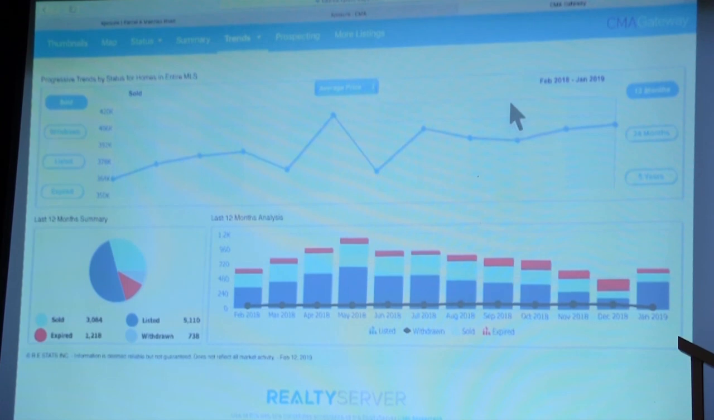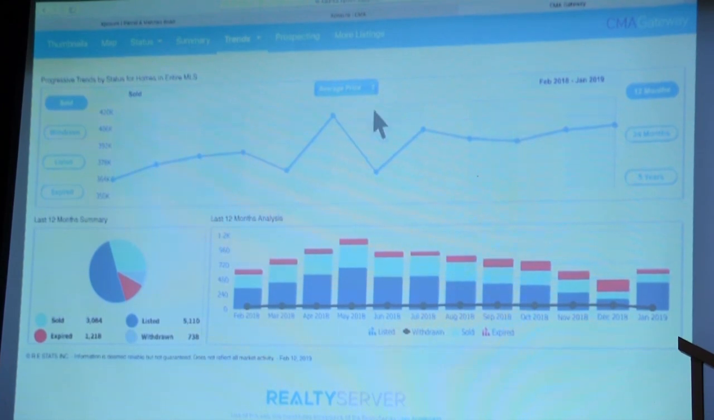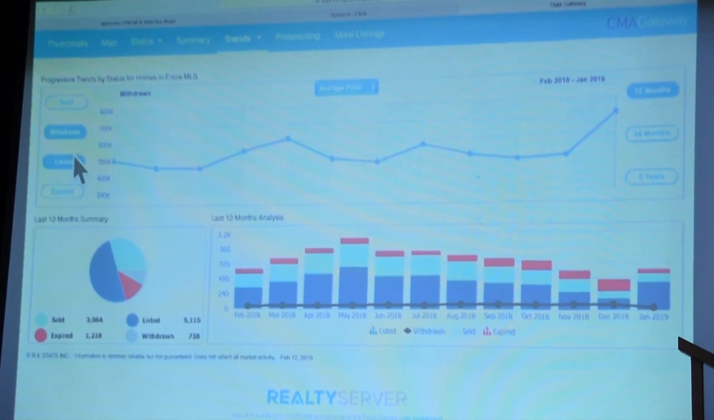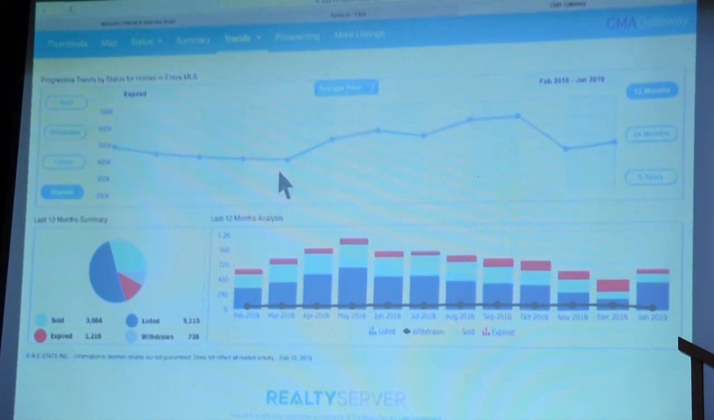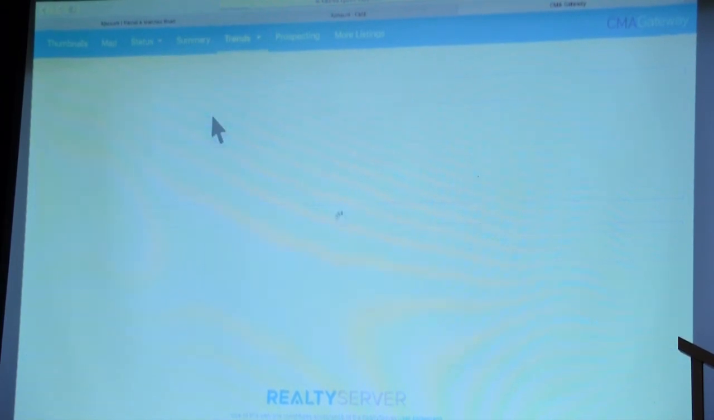Well, you can explain this to the seller by looking at the actual facts from your own MLS system. So the better you learn how to use this system, the stronger your presentation is going to be. And you can look at withdrawn, listed, expireds, and so on. There's different ways of looking at this content. You can also see what's happening with